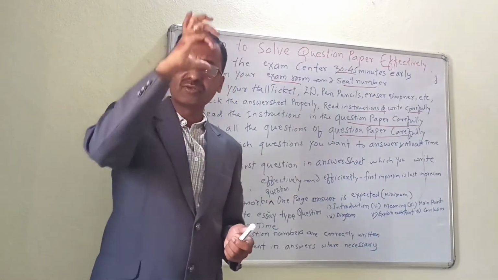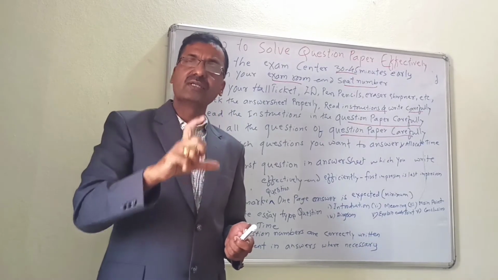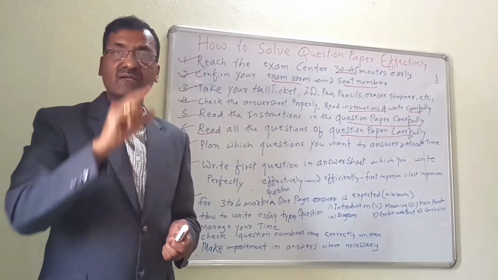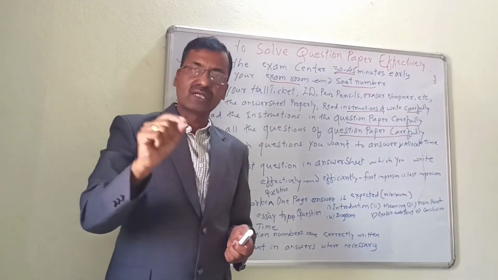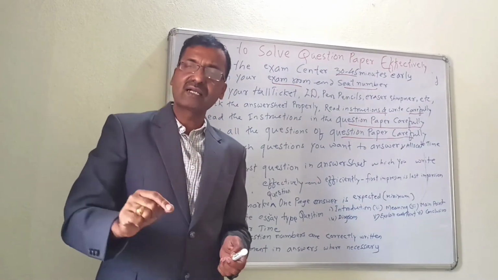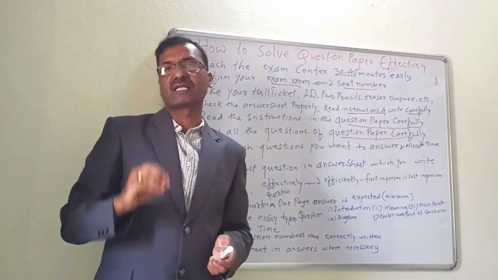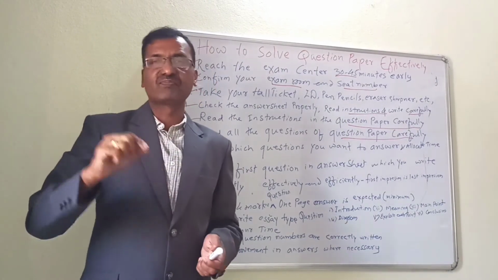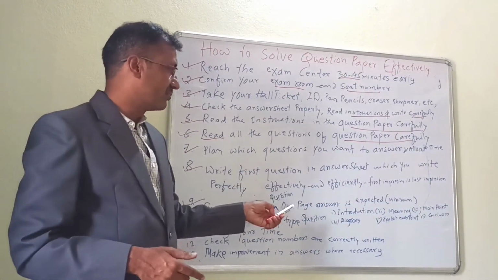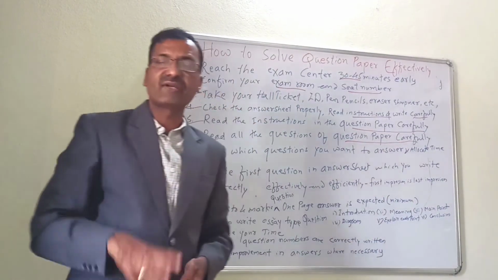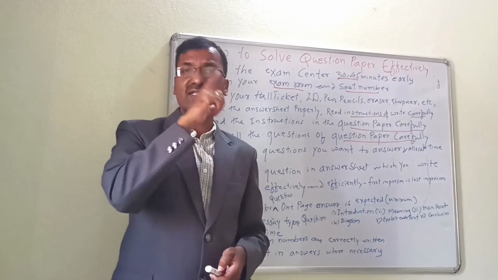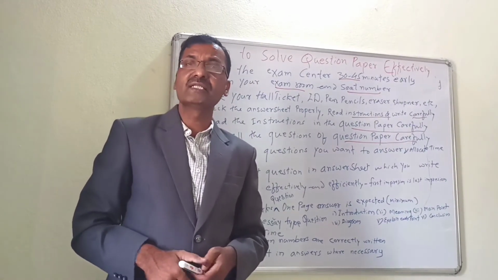Then after you have explained all the points or with the help of diagram, then you have to again explain point number 1, underline, explain. Second, point number 2, again underline, again explain with 5 to 6 sentences or 10 lines. Again 3, again you can explain, so that it will give you good number of marks. Then after all the points you have explained, write a conclusion. It is necessary that conclusion, writing a conclusion is necessary.